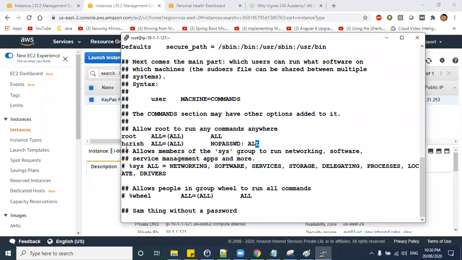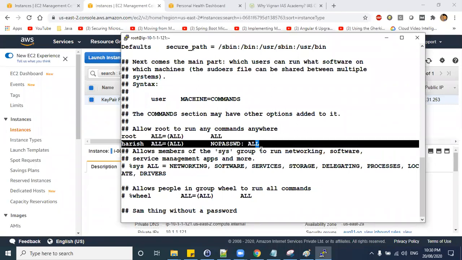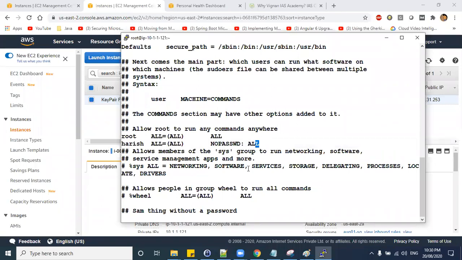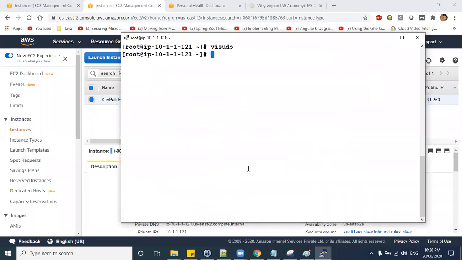So after making this modification, just save this file. Right, great. So you have made the file changes in the sudoers file, right?